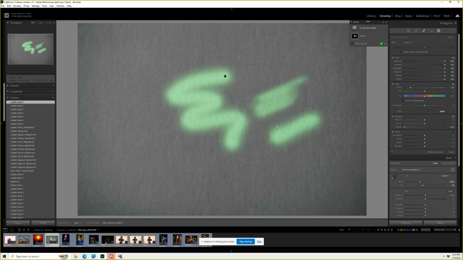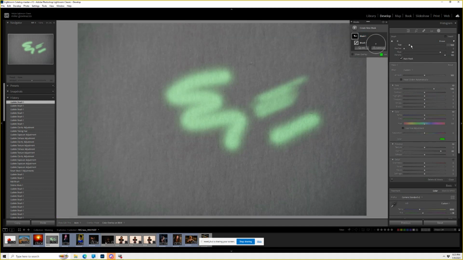So we talked about the brush, and we talked about how to apply it. We talked about the fact that the brush has a size attribute. You can feather it, and you can put it down with a certain degree of flow, so how fast you flow, and we talked about density. So that was one of the very first masking capabilities that were available in Lightroom. That's been there for a long, long time. So we'll take all of those, and I'll just, this little line that's over here,